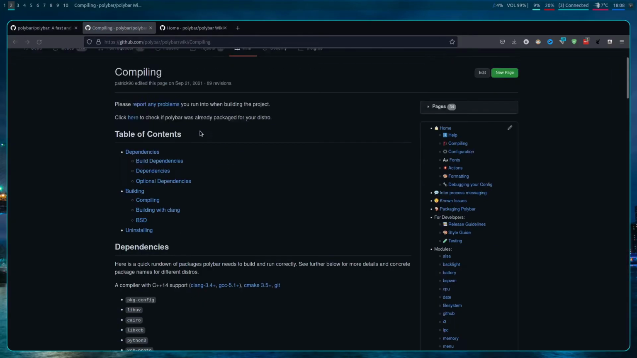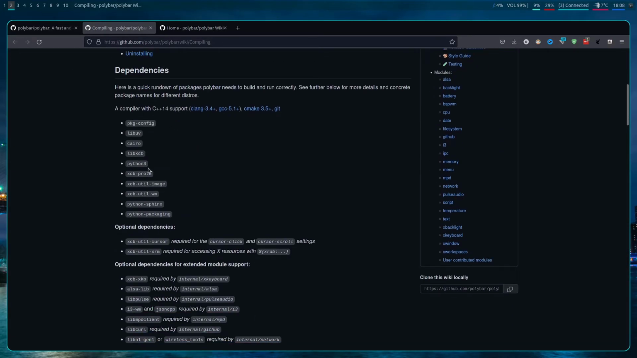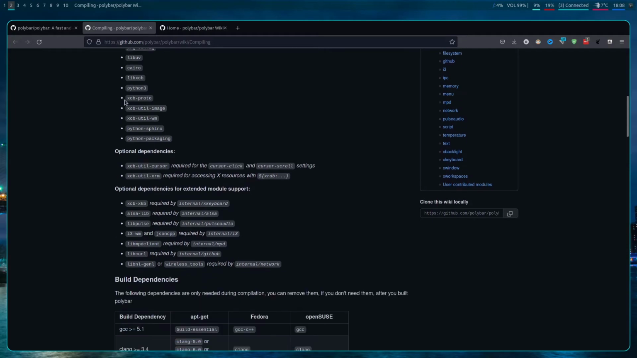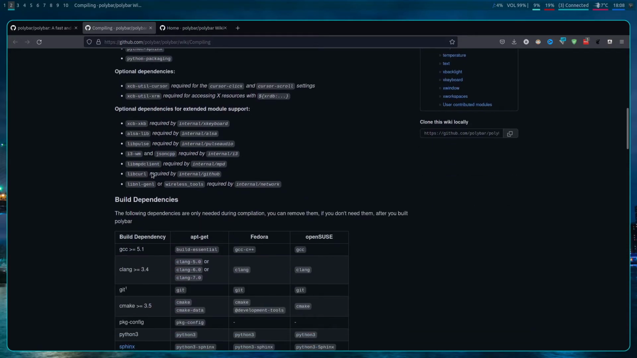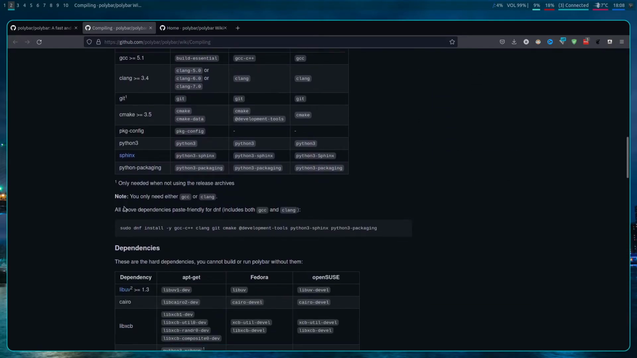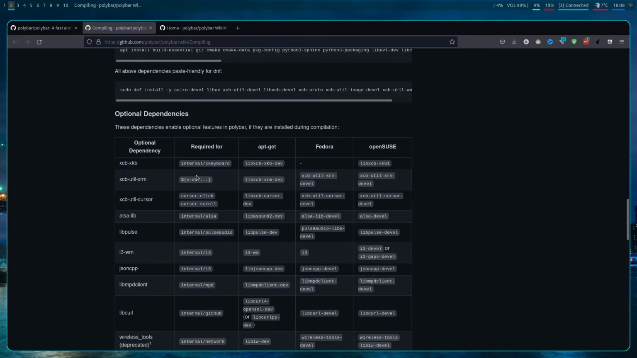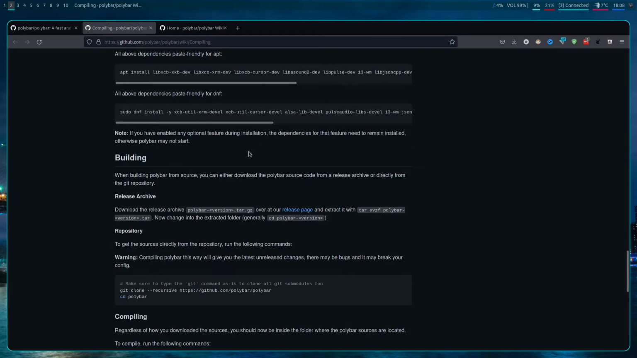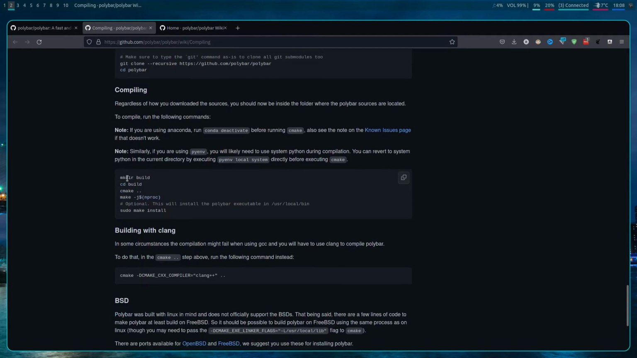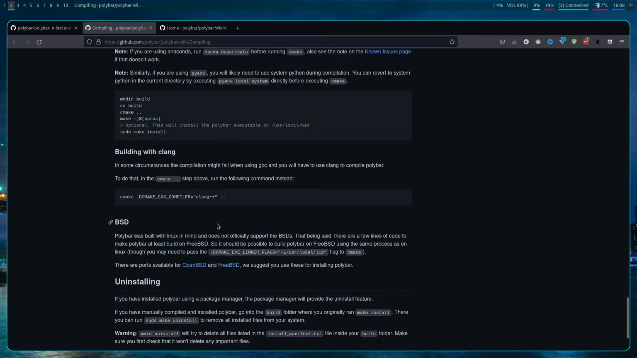Show the instructions, dependencies. You'll have to install these, which should not be hard at all. And the build dependencies and so on. And now we go down straight to the building. You just clone, make a directory. Like, it's just